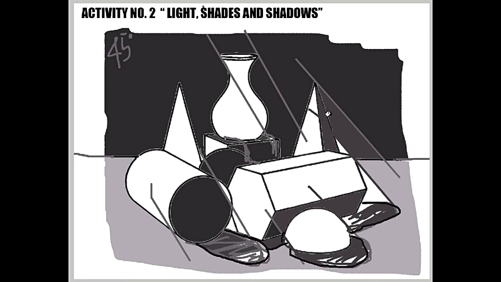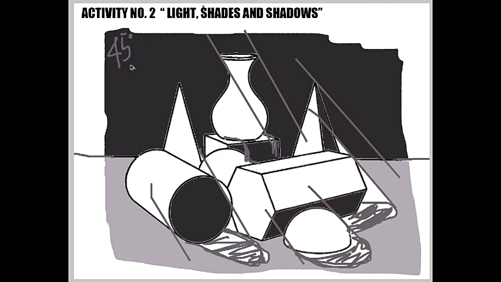Ano ba ang gamitin dito guys sa paggawa ng shade and shadows? Okay, ang gamitin nyo ay lapis lamang, dalawang klaseng lapis, isang hard at soft. Ang soft pencil ang gagamitin sa pag-shade while yung hard pencil ay ang pag-outline sa figures or shapes of objects na i-drawing natin dyan. Okay, so klaro na, ang gawin natin ay lagyan ng shades and shadows ang mga figure dyan